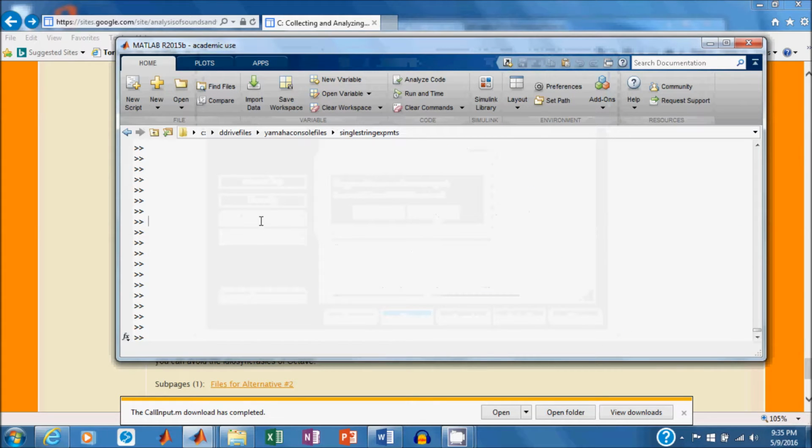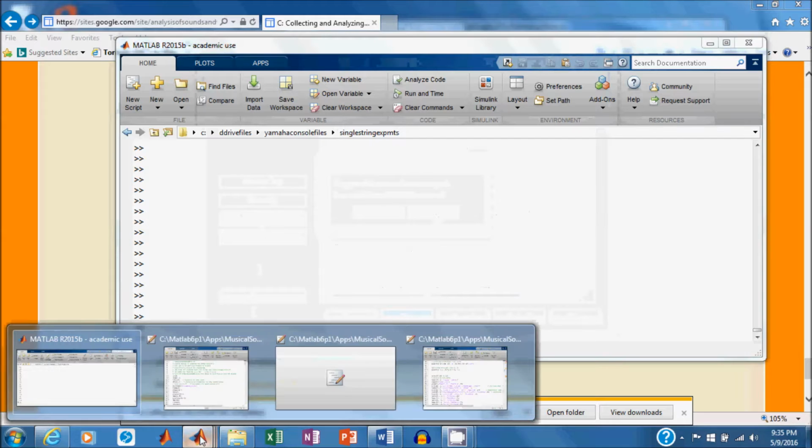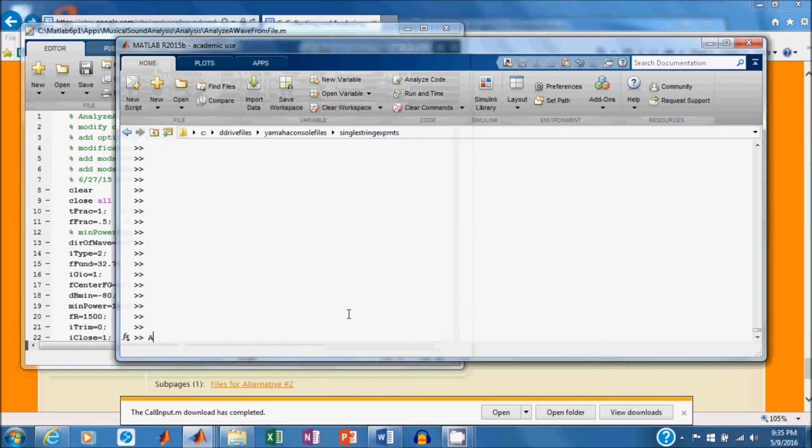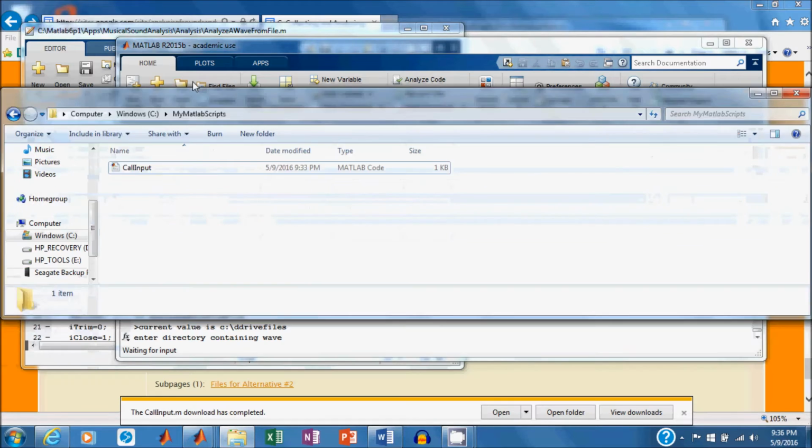All right, so now here we are. Let's go back to the script, and let's run it by clicking on the run button. Or you could go out here and type it in, which I'll do instead. Analyze a wave from file. All right, and it comes up and it says enter the directory containing the wave. It's got a default one here, which is not what we want. So we're going to go and type in the name of that directory, which is